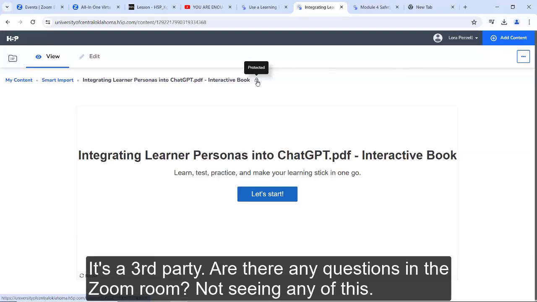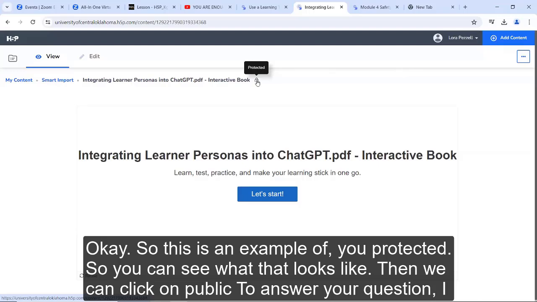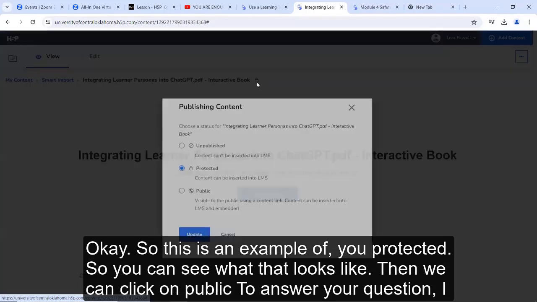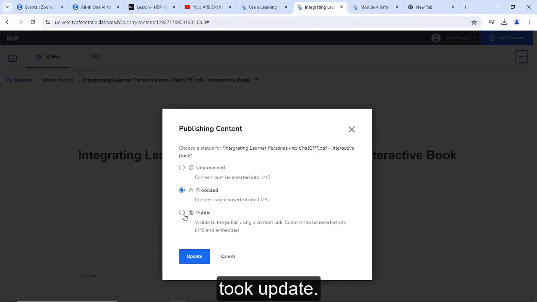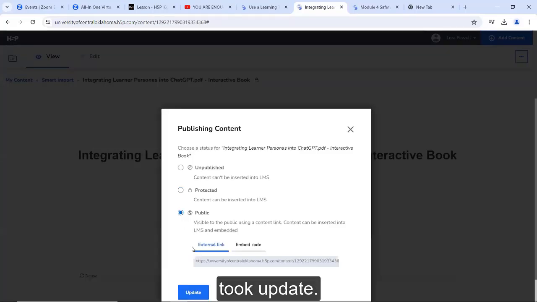It's a third party. Are there any questions in the Zoom room? Not seeing any at this point. Okay. So this is an example of protected. You can see what that looks like. Then we can click on public to answer your question and click update.